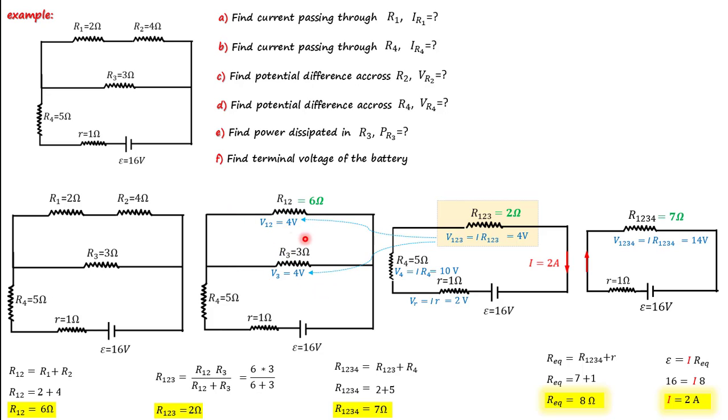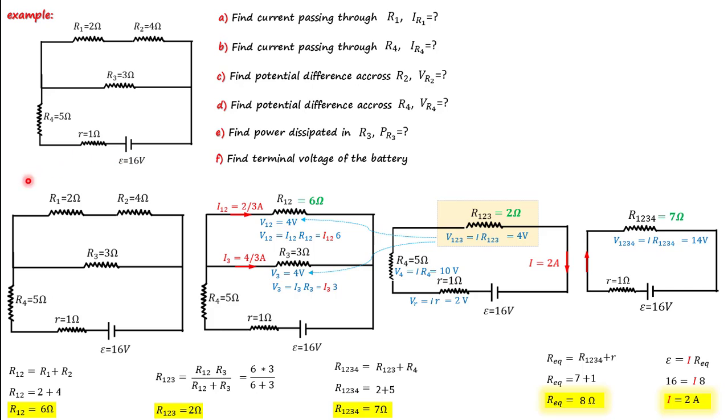Now I'm going to start with R3. So V3 is I3 times R3, which is I3 times 3, and I can get I3 as 4 over 3 ampere. The same way, V12 is I12 times R12, which is I12 times 6, and now I can get I12 as 2 over 3 ampere. Again, we're going back, so we get all the information for R3, R4, and small r,